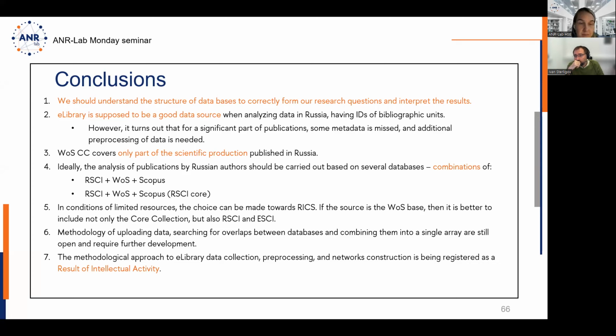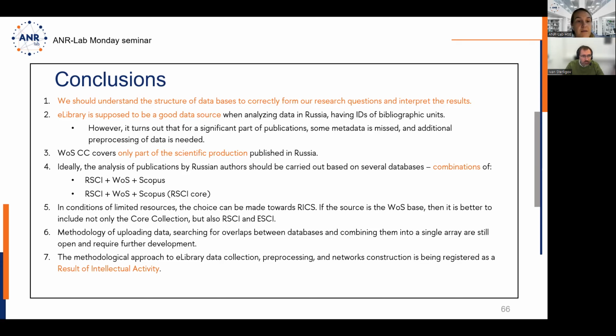eLibrary is supposed to be a good data source because it has these IDs of bibliographic units. However, as I said, we found a problem that not all of the units have these IDs, and that's why additional pre-processing of data is needed. However, we propose the research how to make this pre-processing. And we can say that Web of Science core collection, of course, covers only part of the scientific production which is published in Russia. And in an ideal situation, we think that it would be nice to combine different databases,